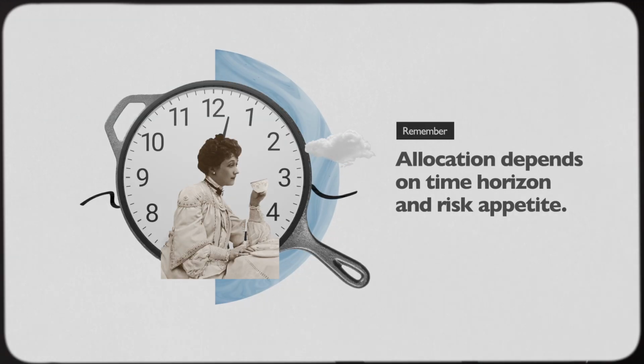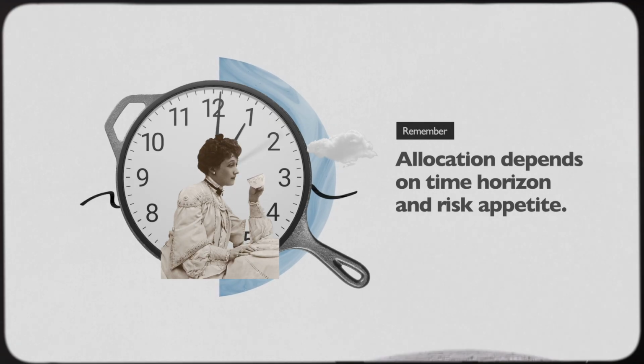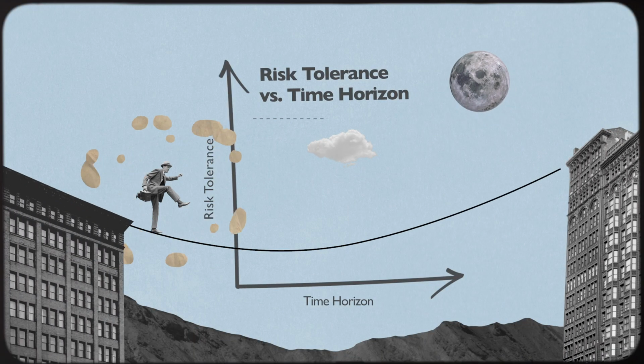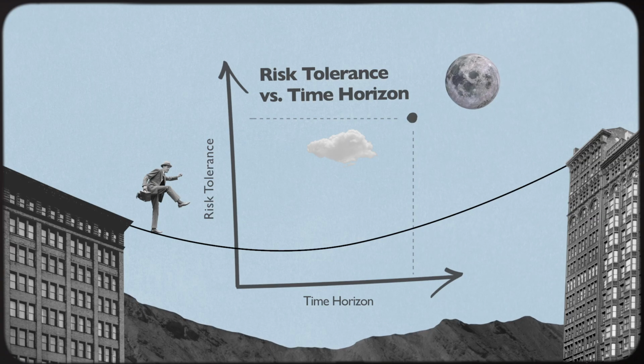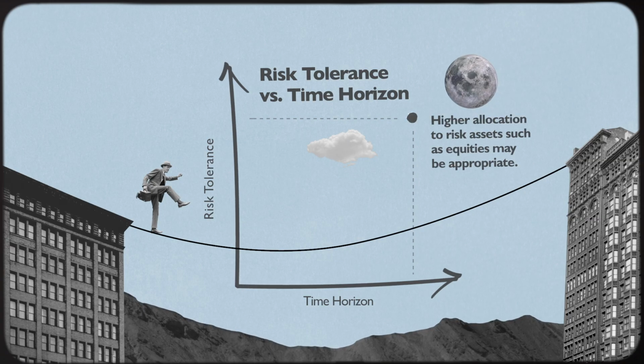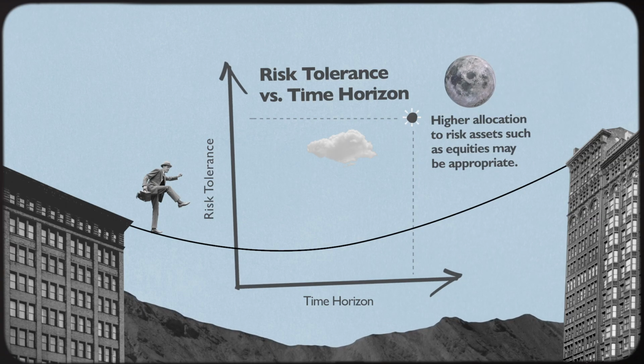Earlier, we discussed how risk tolerance and time horizon influence your asset allocation. If your risk tolerance is high and your time horizon is long, you can afford a greater amount of risk in exchange for more potential return. This means that your asset allocation would include a larger exposure to asset classes like equity that have more return